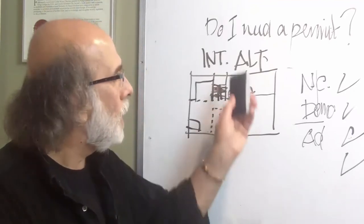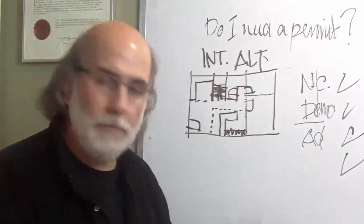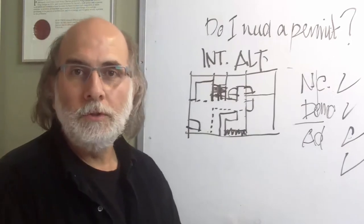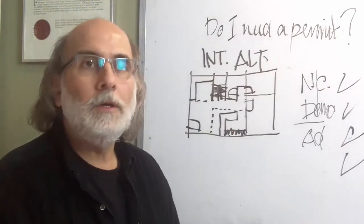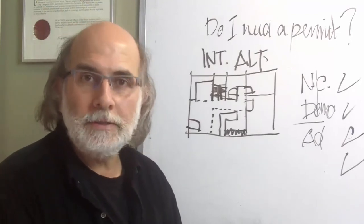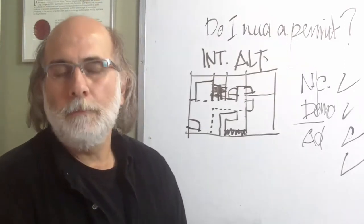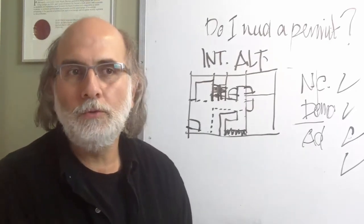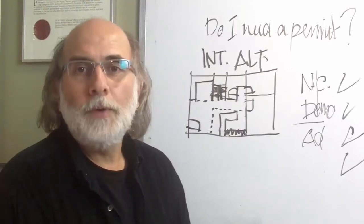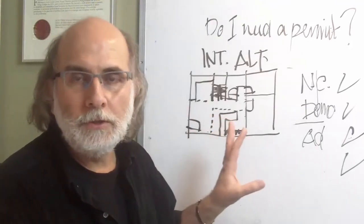So that is the reason why they want to see and approve your alteration. Some people, don't get me wrong, do it without the knowledge of the city, but I should really give them a piece of warning: if they are jeopardizing the structural integrity of the building, then it could expose their residents or the end users of their buildings to the risks of the roof collapsing or whatever structural impact it will have, having done this on your own